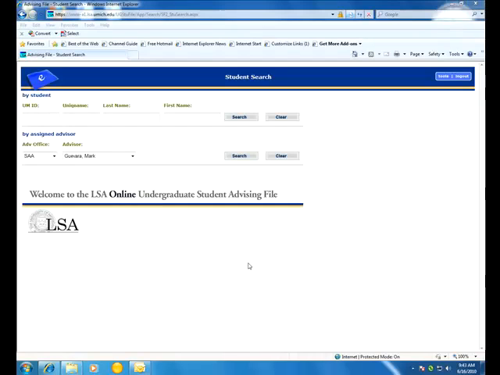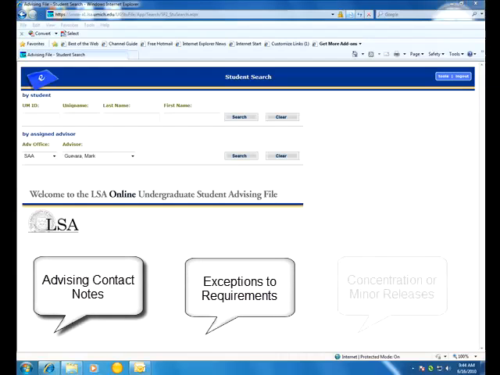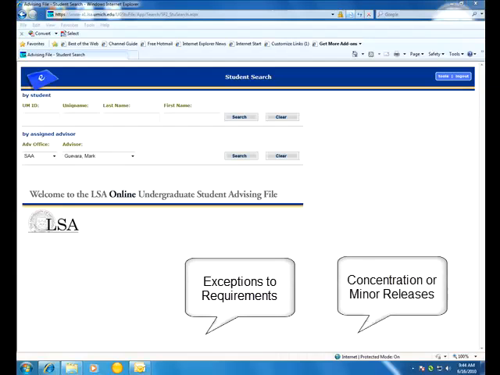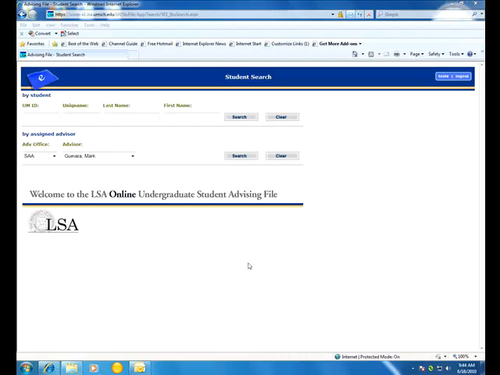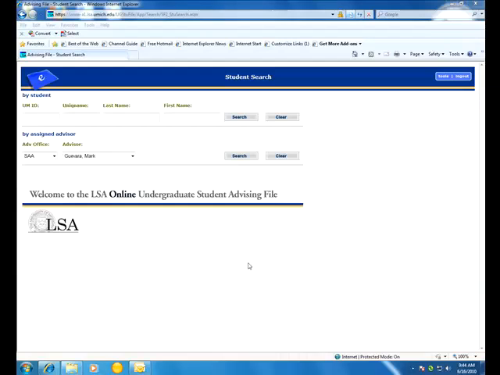In other cases, you'll be entering information in the form of advising contact notes, exceptions to requirements, and concentration or minor releases. Although you should obviously strive for accuracy and completeness, you can always append a note or enter a new updated release. To delete or revise a note or exception, contact Mark Guevara at mguevara@umich.edu. If you haven't already bookmarked the advising file, there is a link to it in the Quick Links section